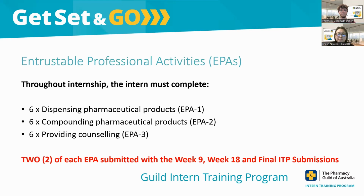So our advice for these interns and the preceptors as well is, all they have to do is create a mock pharmaceutical product. It doesn't need to be one that a patient has actually handed in. We just need to be able to see that they know what is involved in using aseptic technique, and then the techniques required to put together an extemporaneous product, storage, labelling, that sort of thing. And according to the Australian Pharmacy Council, and the board actually acknowledge